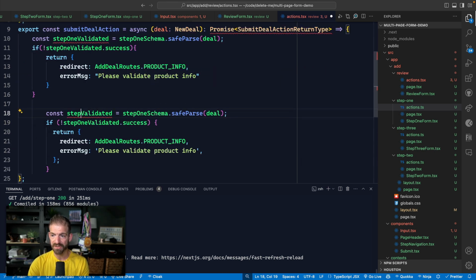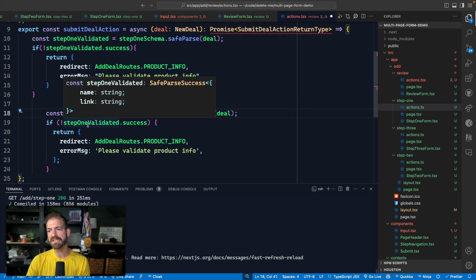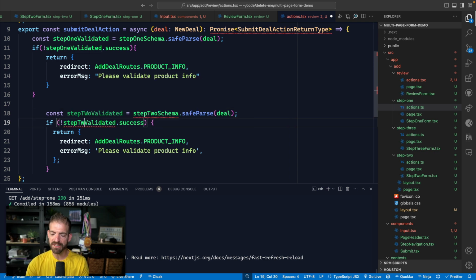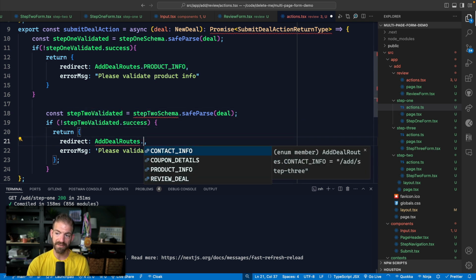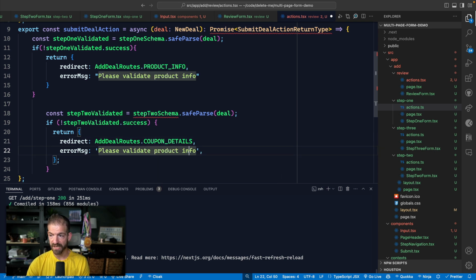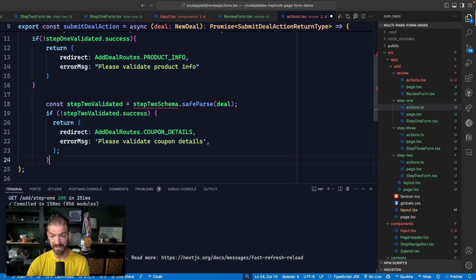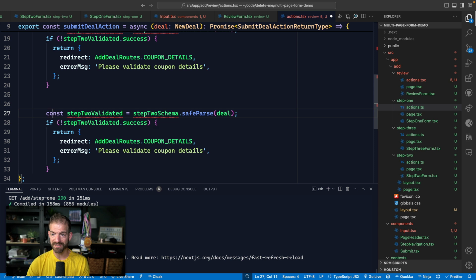So we'll do step 2 validated, update this, and we're passing in the same deal. And the reason that's okay is because the parsing part will only take the properties that apply to that schema. So it actually will work out fine to just do the same thing. And then in this case, we'll navigate to coupon details, and then we'll say coupon details. And then we'll do this again for part 3